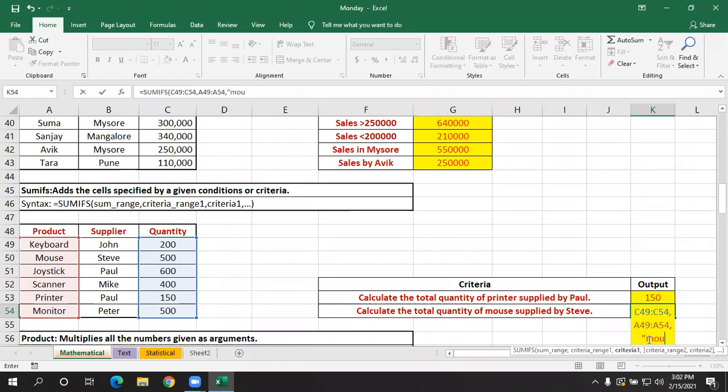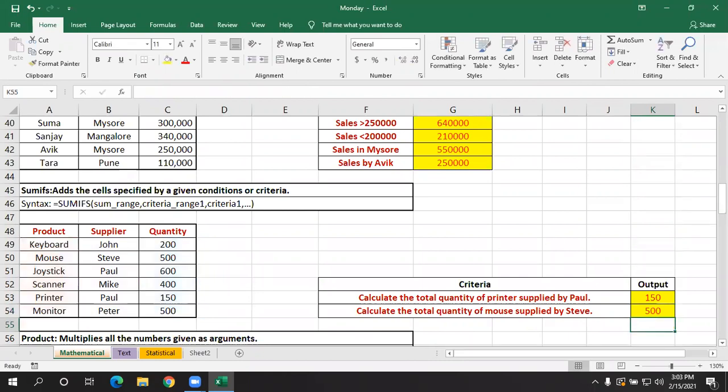Remember, you have to give it within double inverted quotes only. Next, criteria range 2. Select supplier, comma, and within double inverted quotes give Steve. Close double quotes, close the bracket, press enter. So it is showing mouse supplied by Steve is 500. Okay. If you have any doubts in this, please let me know in the chat. If you have not understood, I'll repeat this again.